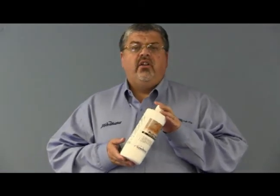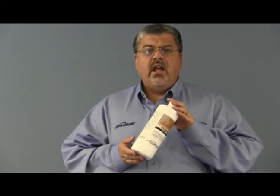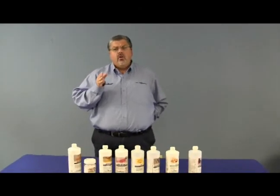It's also excellent for removing mineral scale and hard water stains from hard surfaces, including lightening or eliminating rust stains on many hard surface floors and concrete floors. That completes our full line of spot and stain removal solutions. If that's not as many spotting chemicals as you're presently carrying in your spotting kit or on your truck,